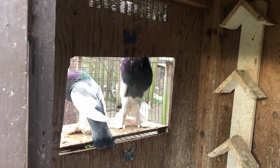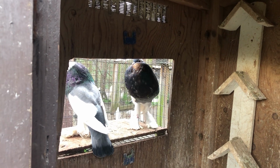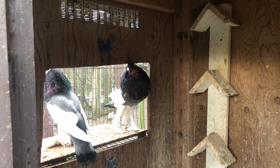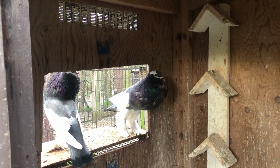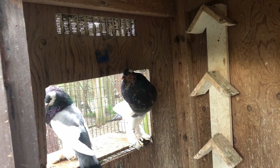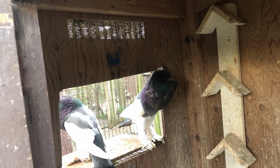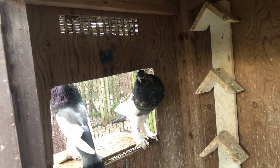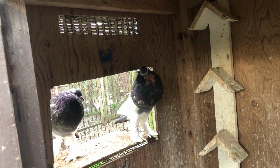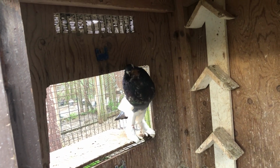Yeah, my plan is to raise more blues this year. A lot of people ask me what my favorite color in reverse wings is. It's hard to say, but I have to say blacks are my favorite. I have them in all colors: reds, blues, yellows, and blacks. I've been having bad luck with yellow. Yellow is a color I always have bad luck with, because it's a dilute color and it's hard to raise yellows. But luckily last year I raised a decent amount of yellows out of reverse wings, which is really amazing. I always had good luck with blacks, but I lost one of my good black cockbirds to sour crop during the winter,